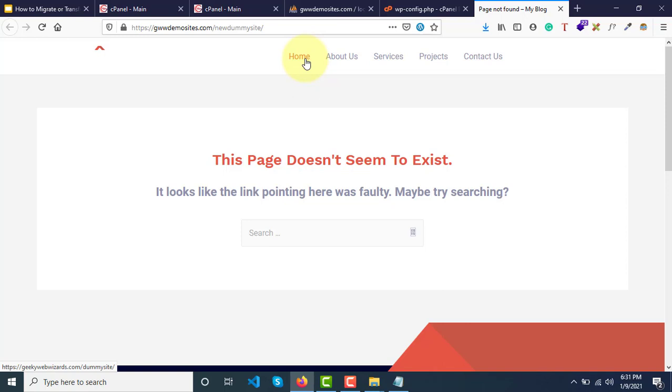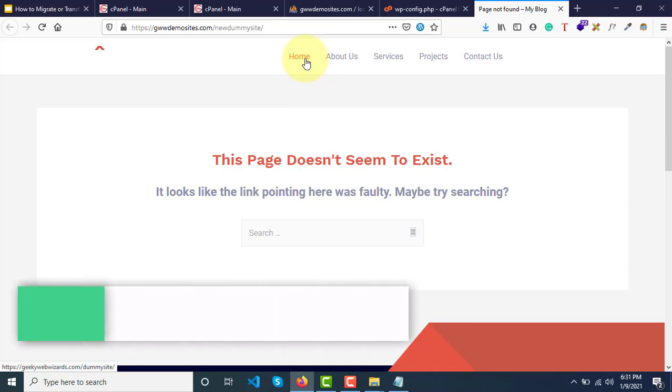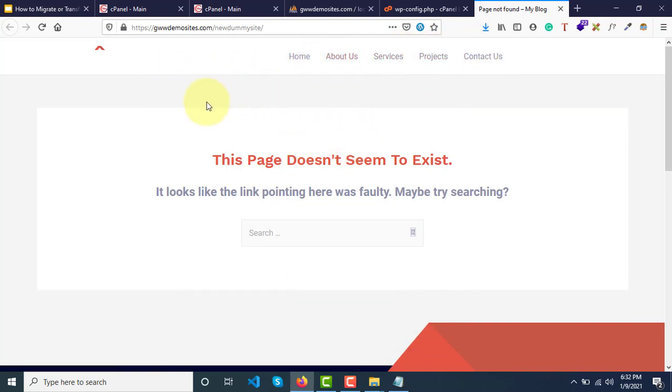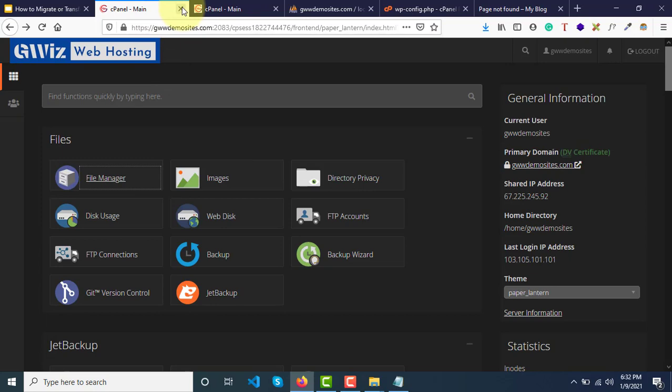We will resolve this error as well, and this is something that no other YouTube video has covered, I think. They just simply create a tutorial on simple migration of simple websites. This was a complex site with several pages and all those things. So we have migrated it, but still it is not working, after we have migrated all files and also uploaded the database. Let me just close all these windows so that you don't get confused.